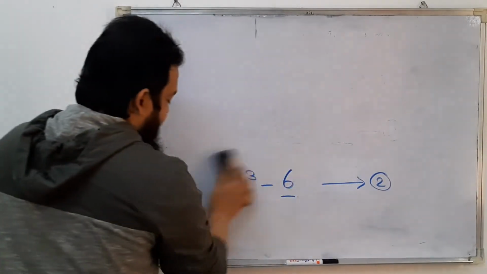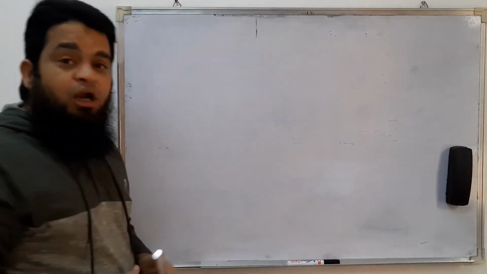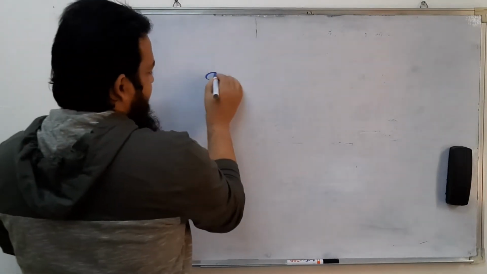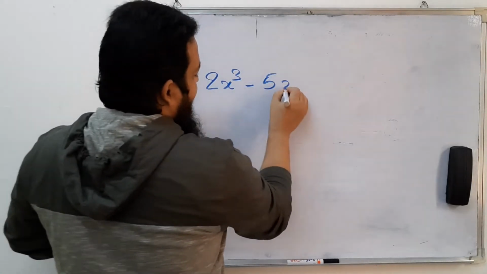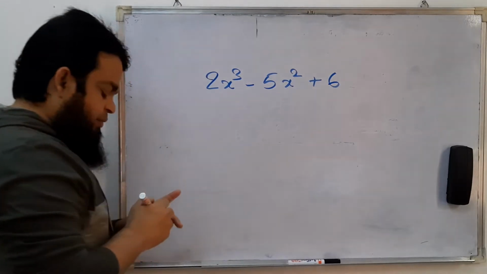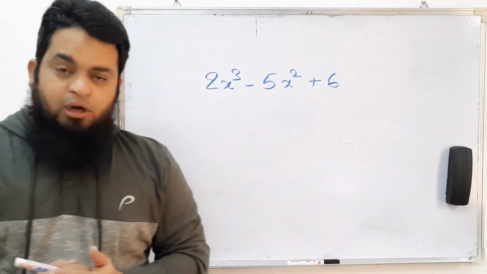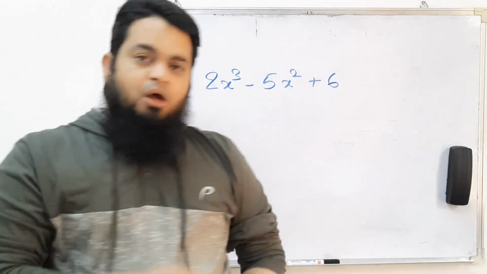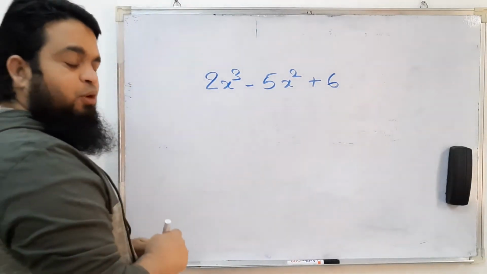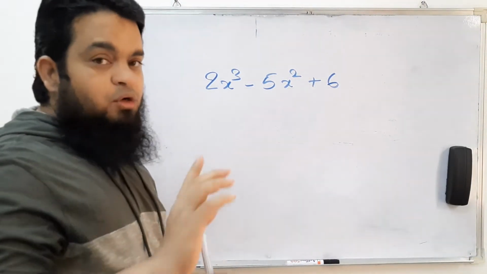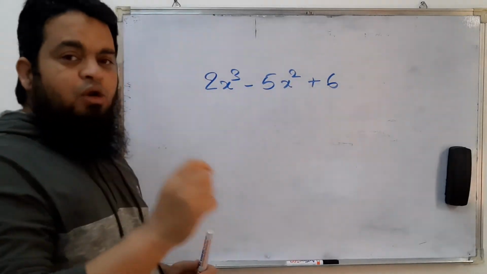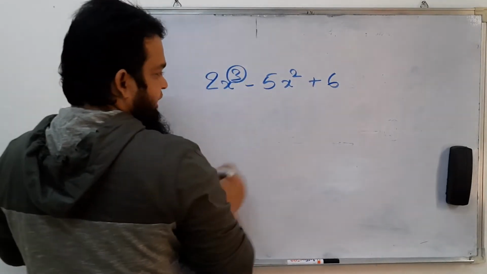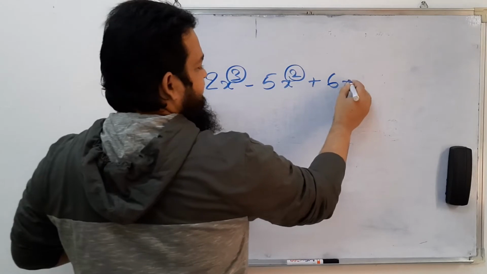Yes, let us go to the next type of polynomials, based on degrees. So what are degrees? For example, let me write an expression, 2x cube minus 5x square plus 6. Okay, so let me remind you that degree is nothing but the highest exponent in that particular polynomial. Okay, so see here, what are the exponents of variables? Okay, of variables, not constants. So we have to consider only the exponents of variables. Okay, now here the exponent is 3, here it is 2, and here it is 0.